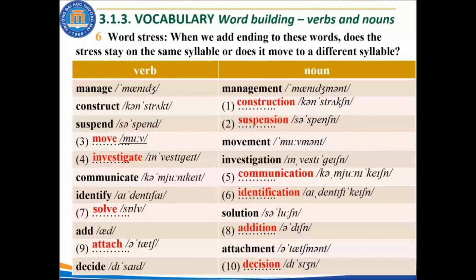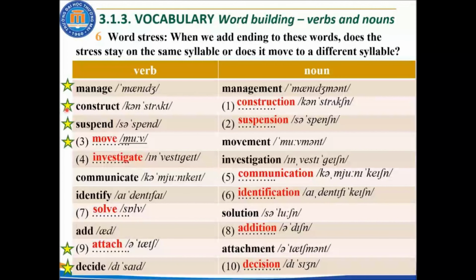Đầu tiên, các bạn chú ý vào các từ mà cô có đánh dấu sao vàng ở đây ạ. Và các bạn nghe cô đọc, sau đó mình sẽ nhận biết là với những cái từ này thì cái trọng âm sẽ vẫn ở nguyên cái âm tiết đó hay chuyển sang âm tiết khác giữa các từ loại khác nhau ạ. The first one, the verb manage and the noun management. Như vậy từ này thì cái trọng âm vẫn giữ nguyên ở âm tiết đầu tiên, đúng không ạ?